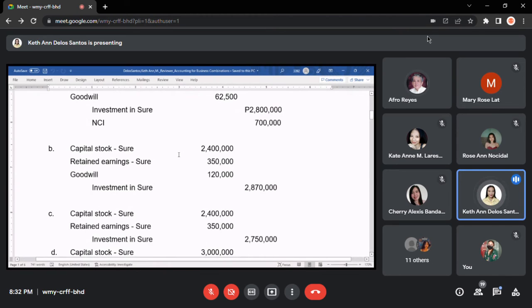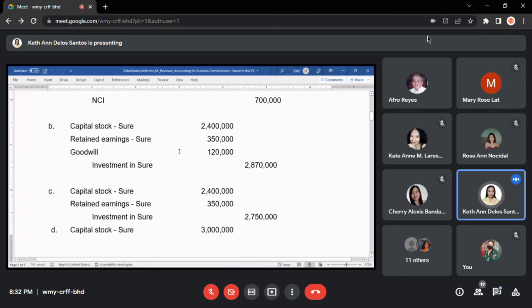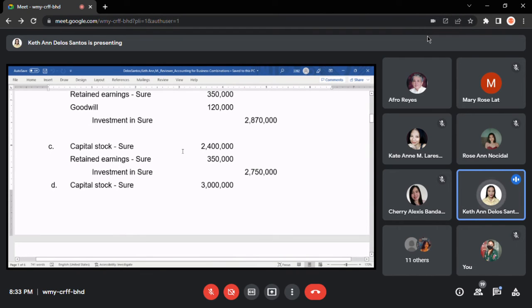Letter B, capital stock Sure, 2,400,000 pesos. Retained earnings Sure, 350,000 pesos. Goodwill, 120,000 pesos. Credit investment in Sure, 2,870,000 pesos. Letter C, capital stock of Sure, 2,400,000 pesos. Retained earnings of Sure, 350,000 pesos. Investment in Sure,